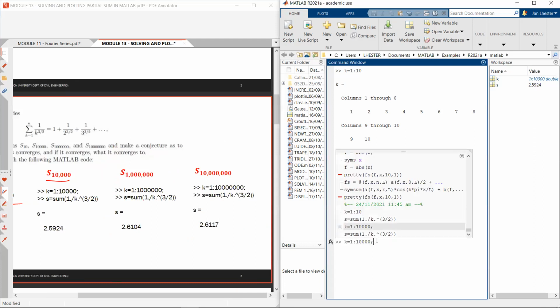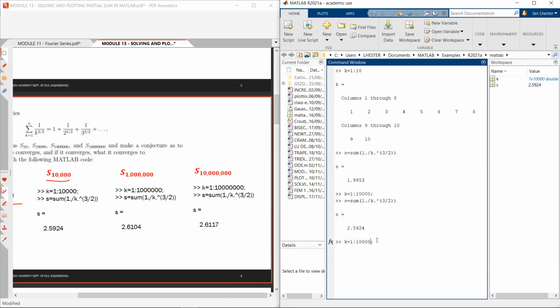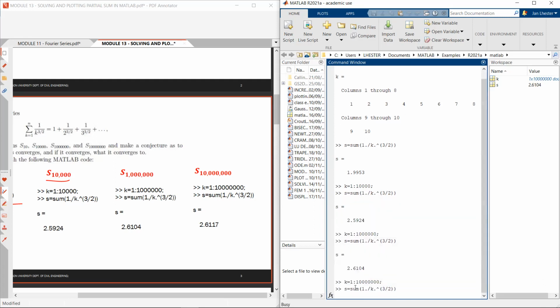First, we need to create a column from 1 to 1 million. Then taking the partial sum, you get 2.614. Then for 10 million, we add one more 0, and taking the partial sum, you get